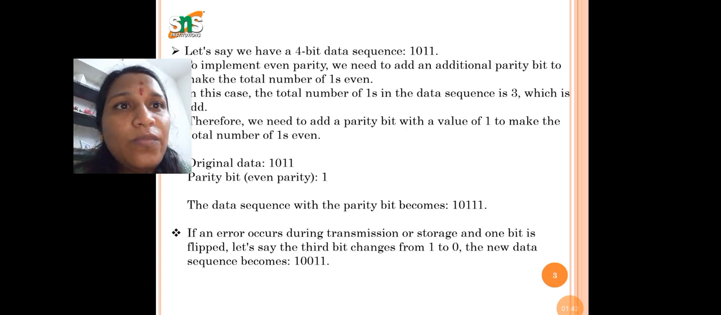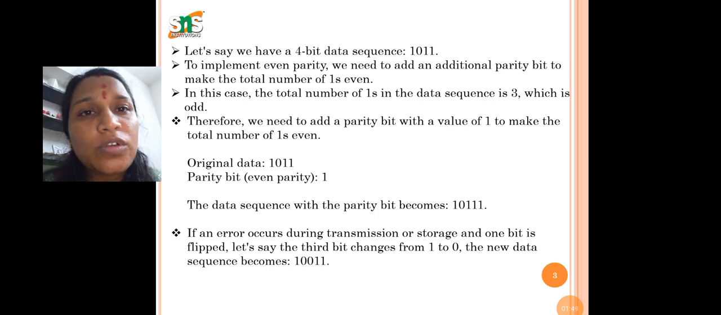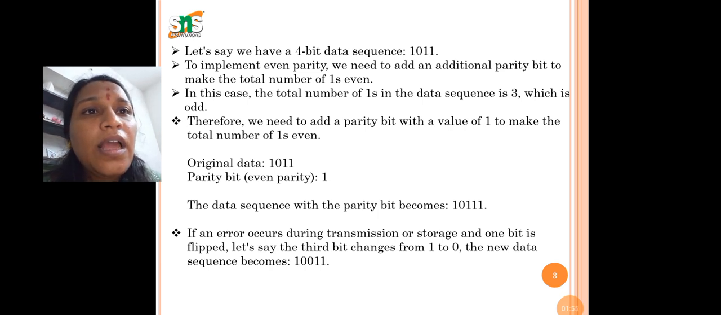And let me see, we have a 4-bit data sequence: 1011, that is a binary number. You know 1 is binary and 0 is also binary. And a bit to implement each and every parity, even parity. The total number of ones is even. Here we can go along with the total number of 1s. Original data, that is 1011, and the parity bit, the even will be reflected as 1. And the data with parity bit will reflect as